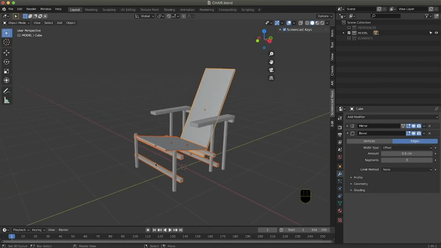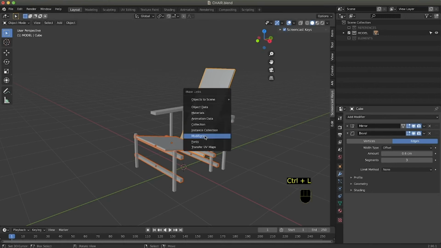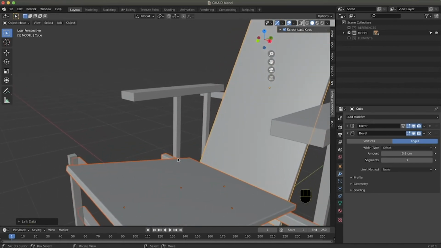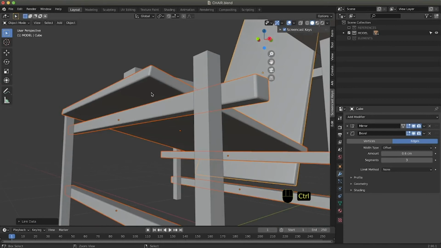So I select all the elements that mirror themselves in the pivot point, and last, the one where I applied this bevel modifier. I press Ctrl L and make links with the modifiers, and now all the selected objects have the same modifiers.